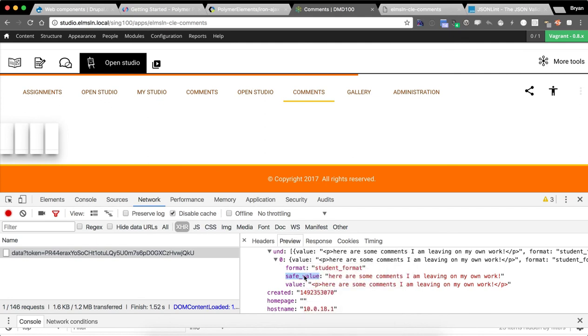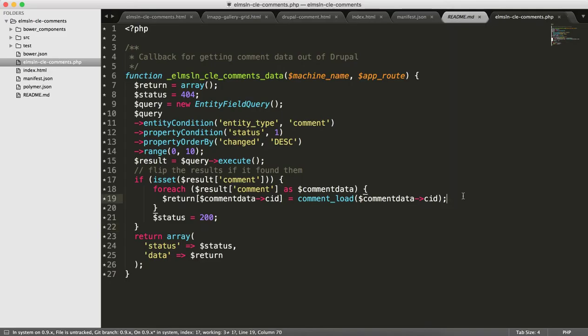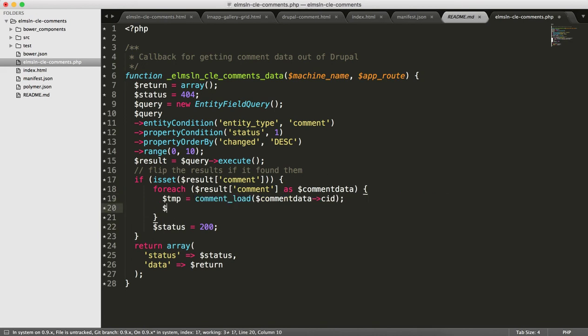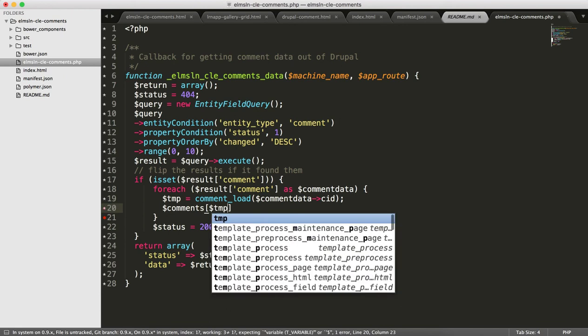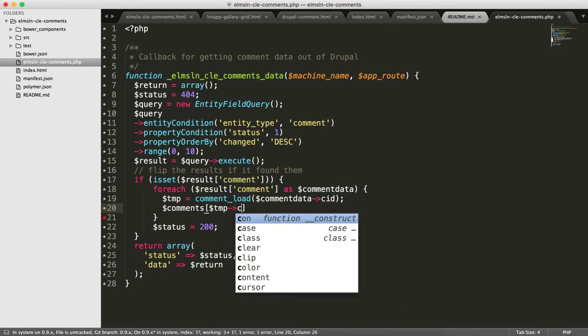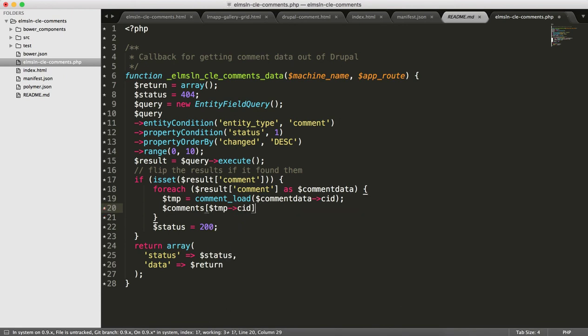Copy property path. And instead of that, we're going to do temp, and we're going to do comments, and then comment or TMP CID, because it would have loaded that comment,